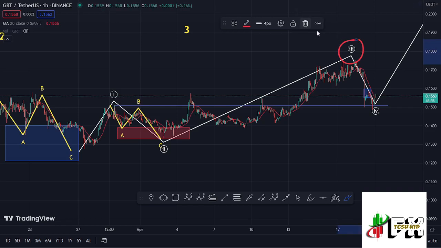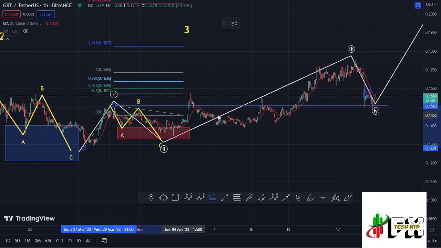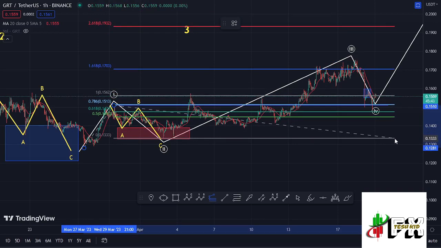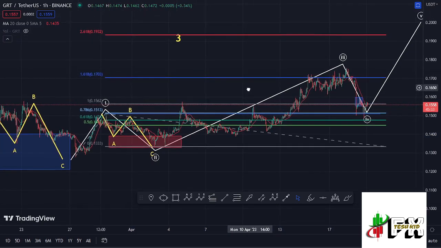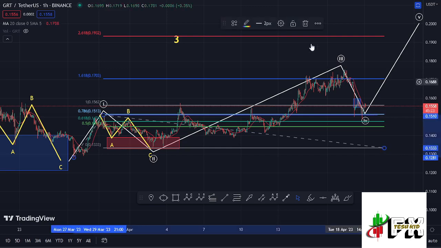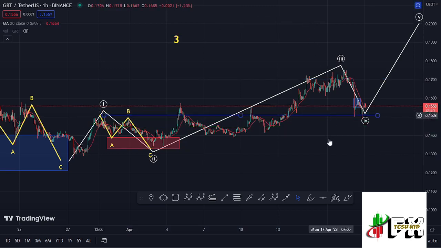you in my previous videos by connecting the trend based Fibonacci from the low of the first wave to the high of that wave 1, then dragging the fibs to the low of the second wave, and that now gave me a minimum target area in that wave 3 at the fib level 1.618, and that is at around the $0.1703 mark, which is a target area that we fully maximized in a breakout that gave us a high at around the $0.1756 mark. And having seen the high for that wave 3, whatever we expected next was a corrective structure in